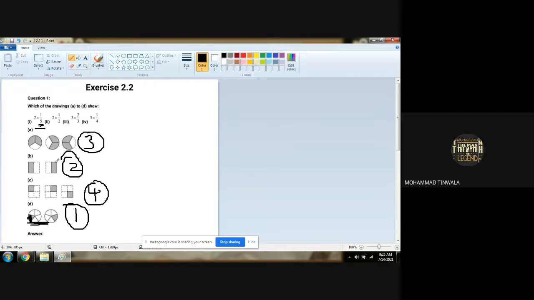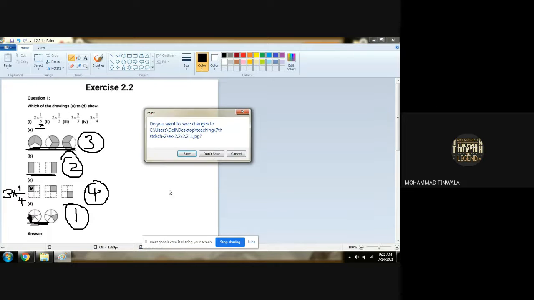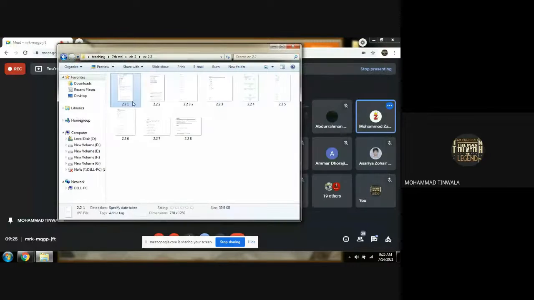Half means what? 1/2, 1/2, right? So which diagrams are those? Those are in number B. 3 diagrams of 2/3, that is in number A. Then 3 diagrams of 1/4. One colored part out of 4 parts, that means 1/4. How many diagrams do we have? 3. So 3 into 1/4 here. Is that clear? Yes. Chalo.